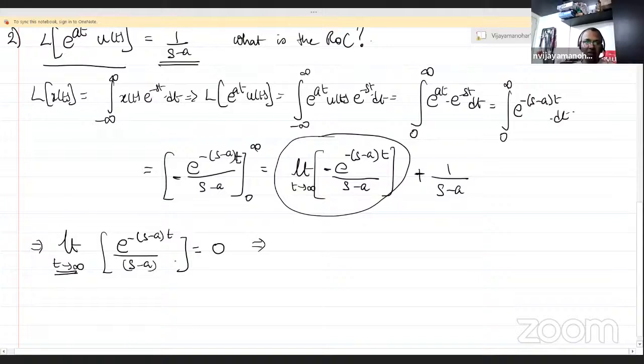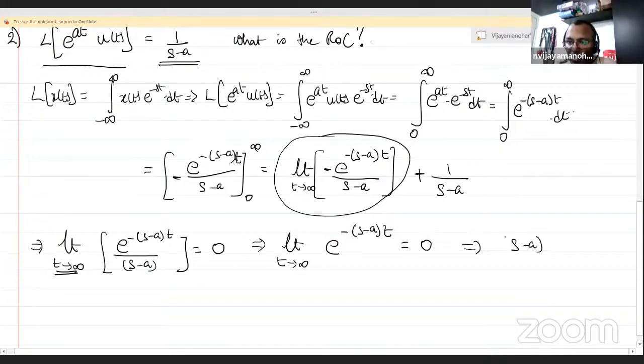A fraction becoming 0 means the numerator becomes 0 or the denominator becomes infinity, but the denominator is independent of t. So the denominator is not becoming infinity, it's the numerator becoming 0, which means limit t tends to infinity, e power minus of s minus a times t equal to 0, which means